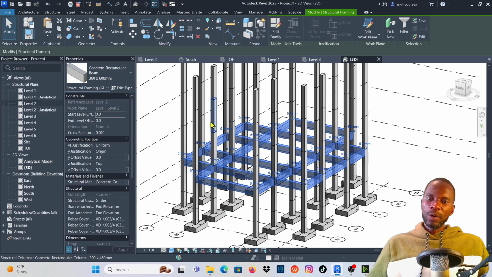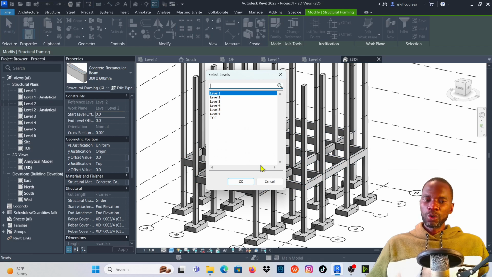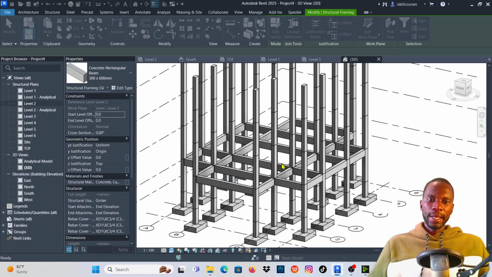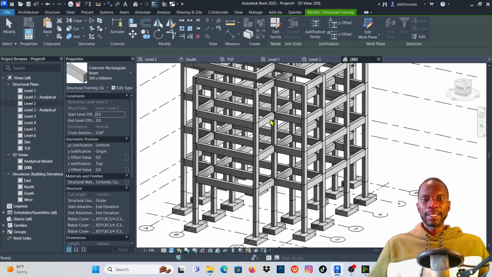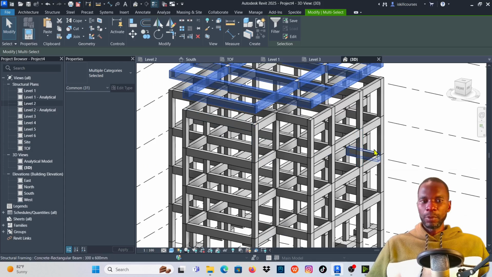Okay, so what I'll do, I'll simply go to clipboard, then click on copy to clipboard. It's copied. Then click on paste, then align to selected levels. So these beams are on level 2, so I want to copy to 3, hold control 4, 5, even 6. I'm just going to edit a bit on top and click on OK and perfect. You notice that within some few seconds I have all my beams all the way up to the top,